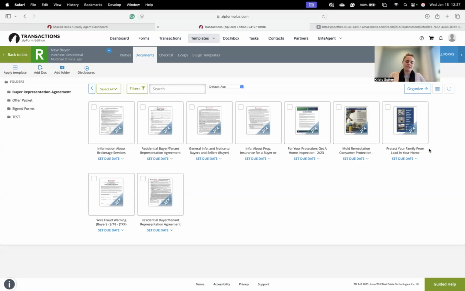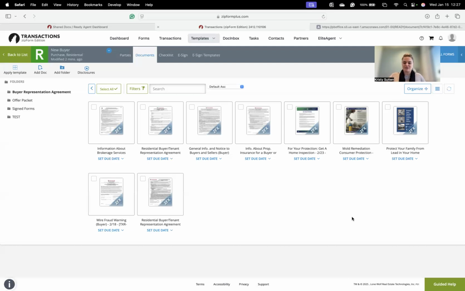All of a sudden, maybe they're making an offer on a home built in 1970, which now we're going to have the lead-based paint addendum. But now I don't have to remember, hey, did I send them the packet and information on this? So I automatically include it just as a good rule of thumb. So that is a quick little overview, again, of all of the forms you're going to need